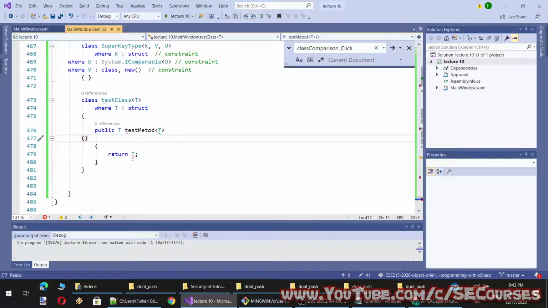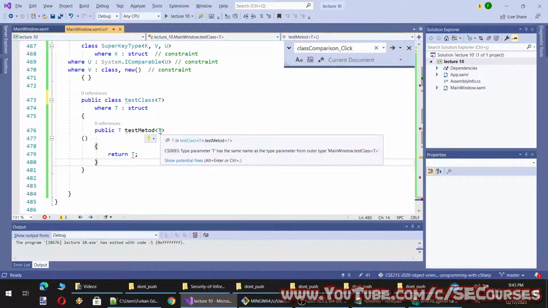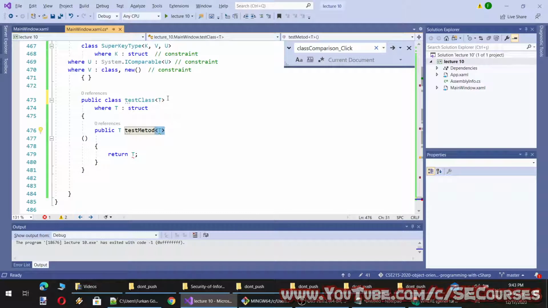Okay, so it says, oh, I cannot use this because we are getting T from here.